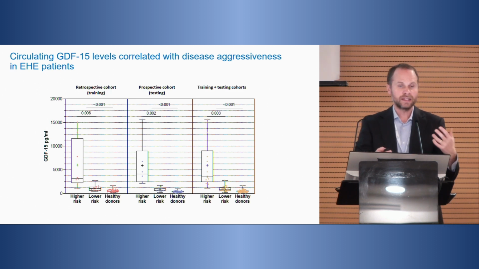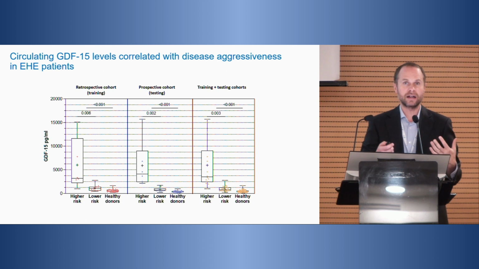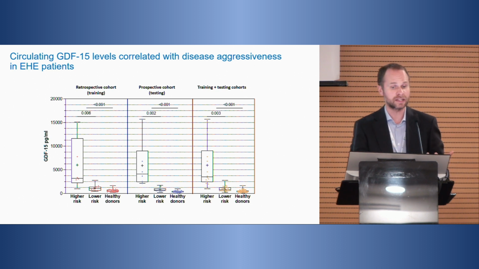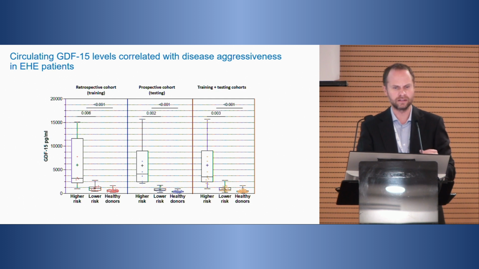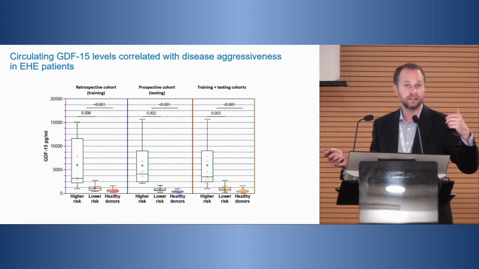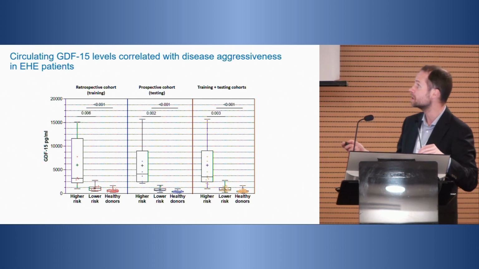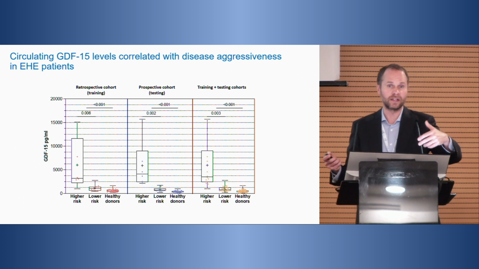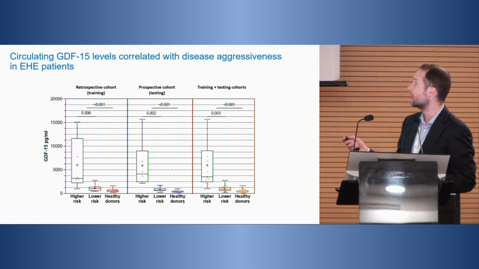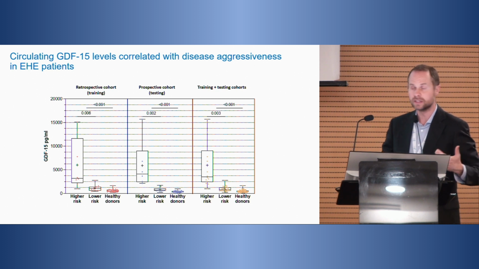And we were quite surprised, because among about 100 cytokines we looked at, we came up with GDF15 being the most interesting one. I will be back in a sec on what GDF15 is. These graphs show 3 types of analysis. One on the retrospective study that I showed you before, the retrospective patients. One of the prospective cohort of the clinical trial, an observational trial that is ongoing in our institution. And then we also combined them just to give more statistical power.